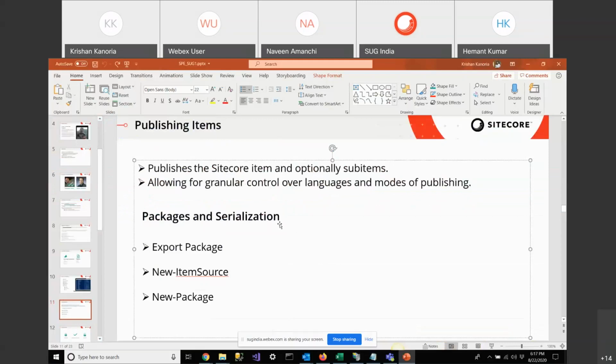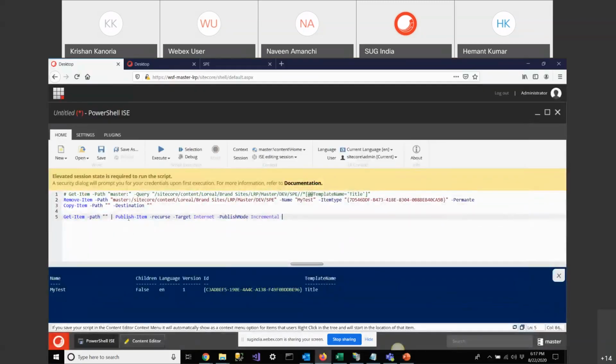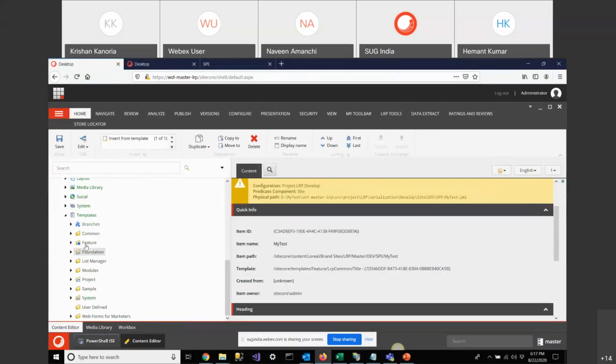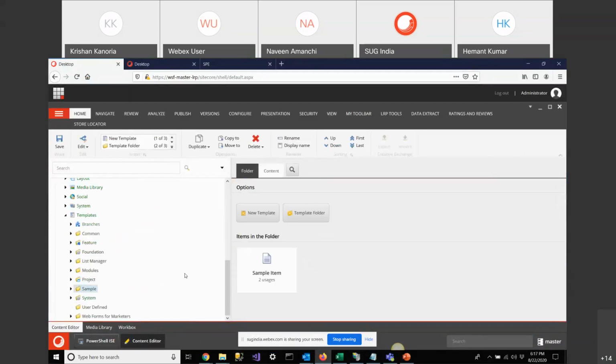Next is package and serialization. Again, you can create your packages and serialize your item. What you need to do, again, is provide the path with get item. Suppose I am going to my template, and there is a sample.